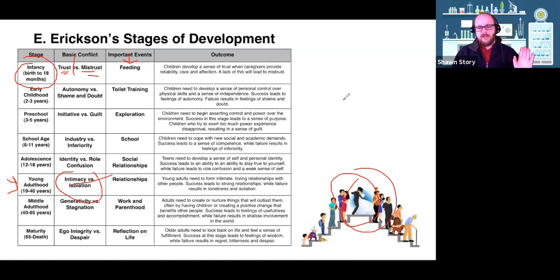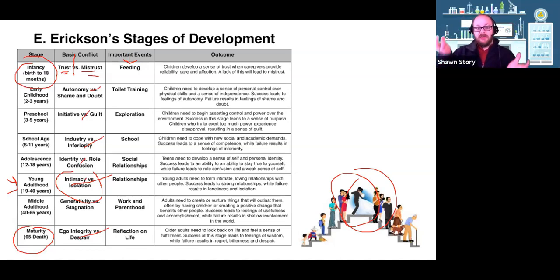I go out in public, see people holding hands, and it disgusts me, right? Why don't I have that? I want that. And we see this balance beam between intimacy and isolation. So he has all of these different balance beams for these different stages of life, even all the way up to death. That at death, we're really doing this game of kind of reflecting over our life or regretting the